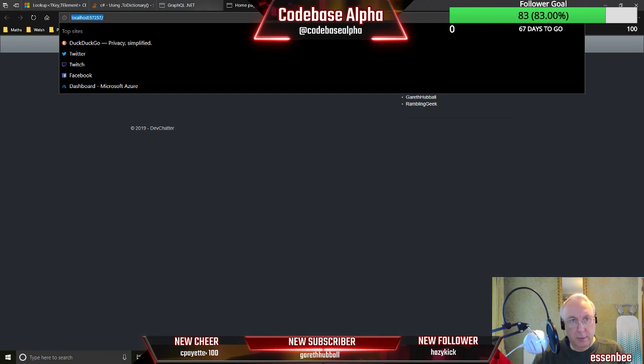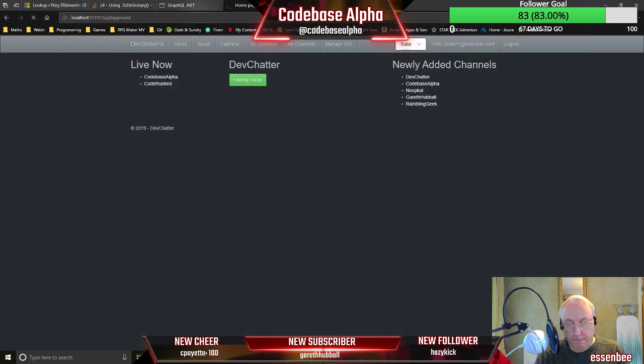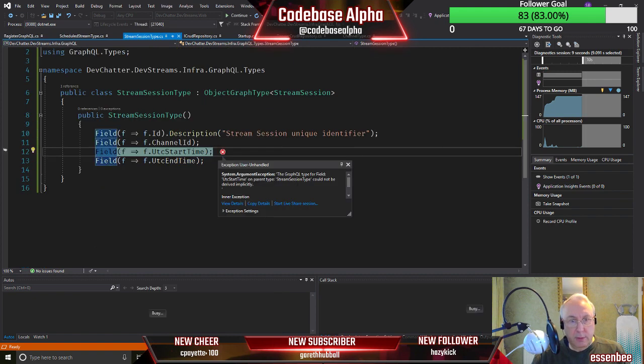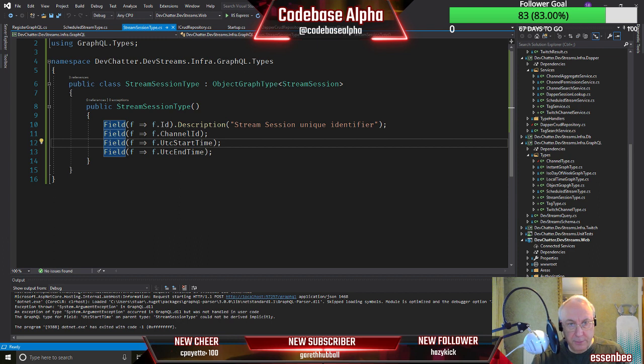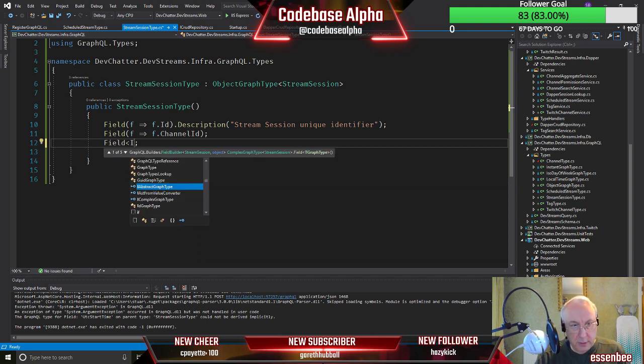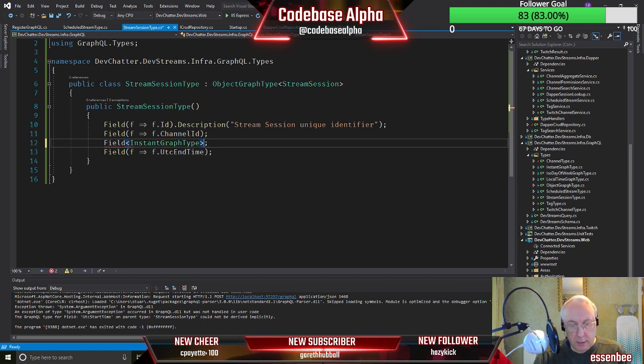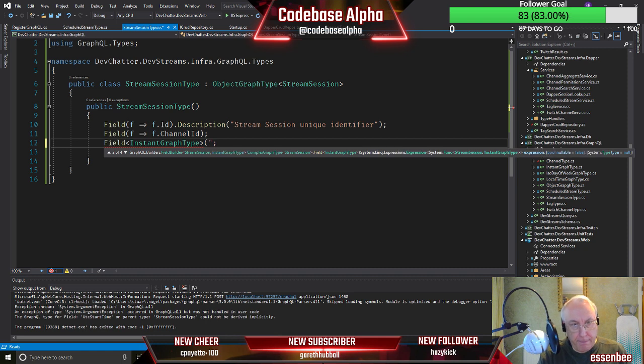And over to the UI playground. Oops, what happened there? Okay, I can see what happened here, so we can't quite do that. We can't use this form, because this is going to be an instant. So we need to use the other form to get the instant graph type, and it's going to be called UTC start time.